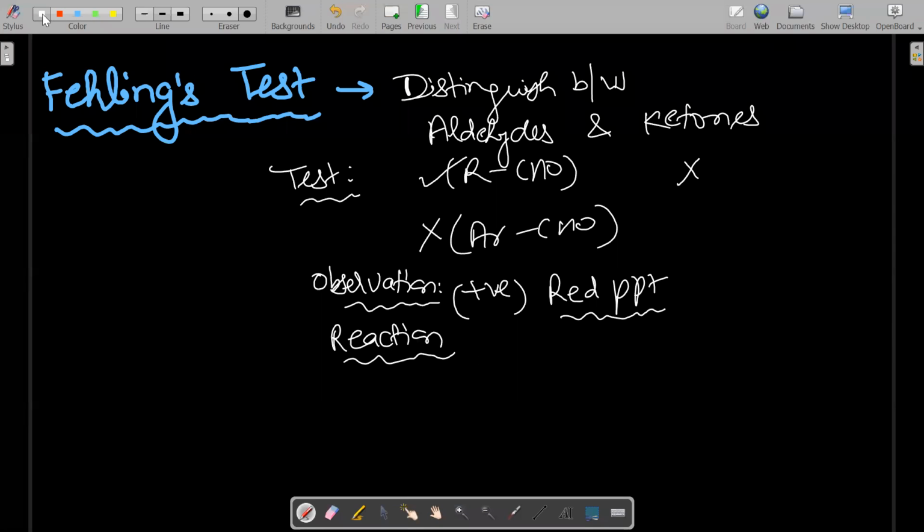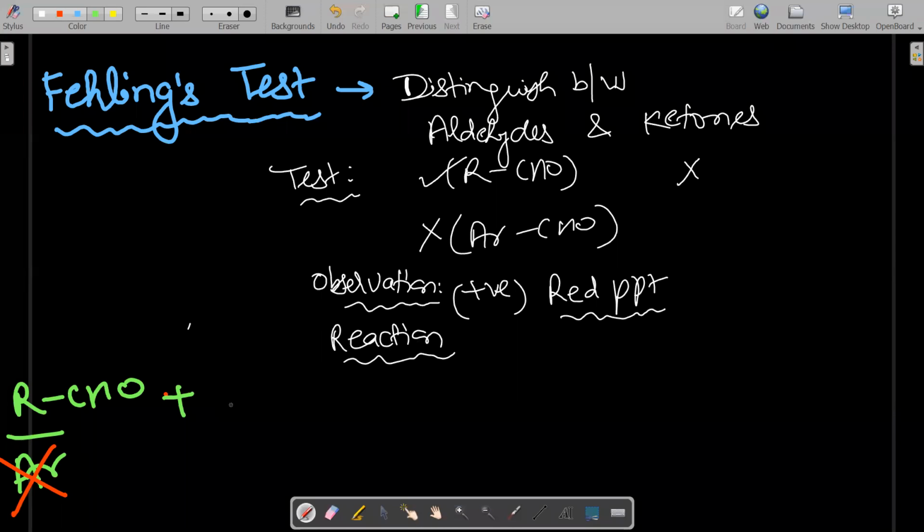So now what is the reaction? You see the reaction: RCHO. Here I'm writing only R, because in this case you cannot write Ar. So simply you are writing RCHO. Aliphatic aldehyde. Can we write Ar over here? No, ma'am. Okay. So Ar does not give it. Only aliphatic aldehyde reacts. So what will you write for the reaction? Aldehyde means RCHO